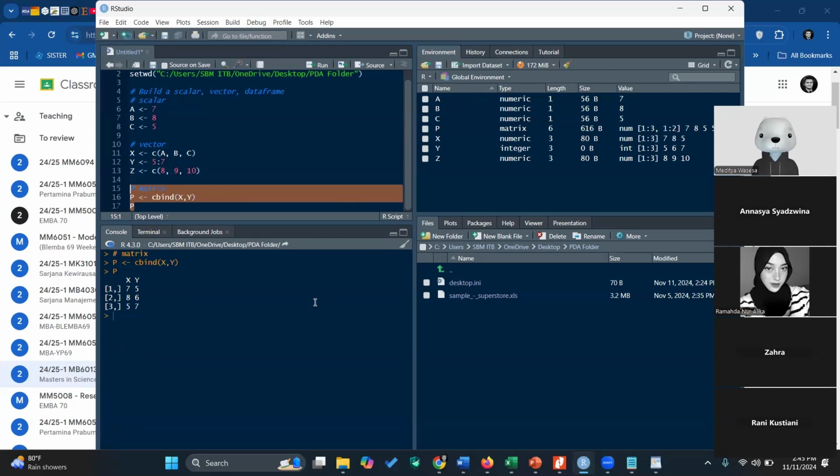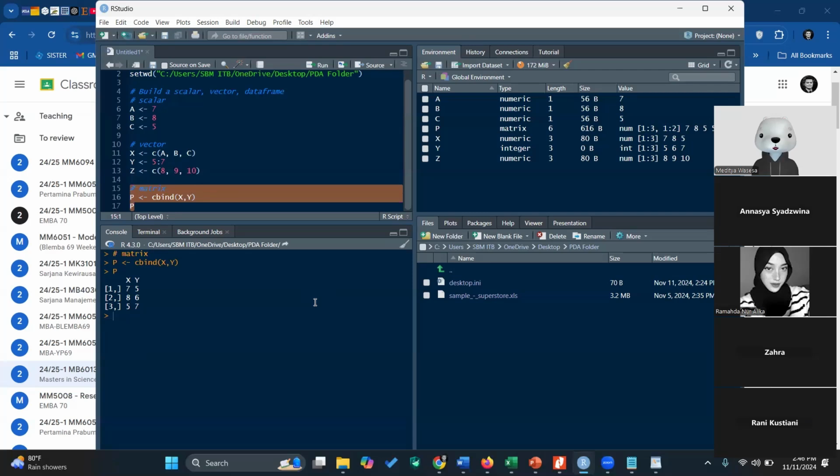That is X. And then we also have Y, which is 5, 6, 7. Now I want to combine, with column bind, X and Y. This is the resulting matrix.